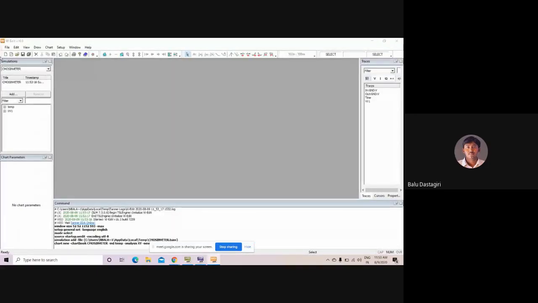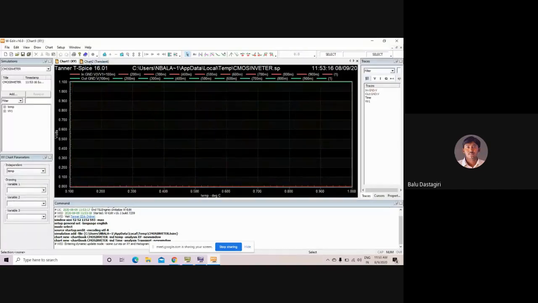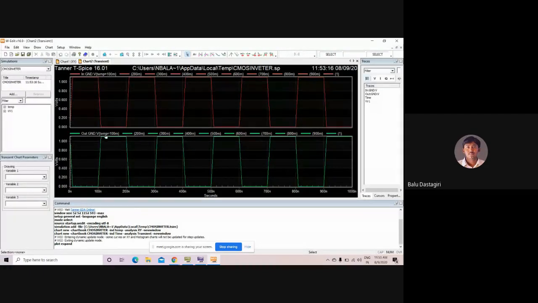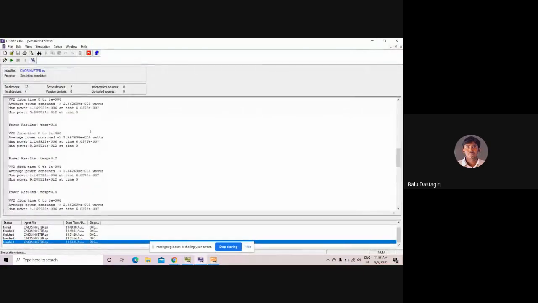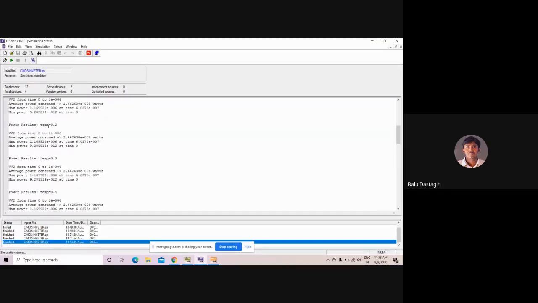If you run the simulation now, you can see here easily. This is the simulation result at the different temperatures, and now you can see the output variation with respect to temperature. These are the power results. At temperature 0.1 degrees, what is the power results at 0.2 degrees?